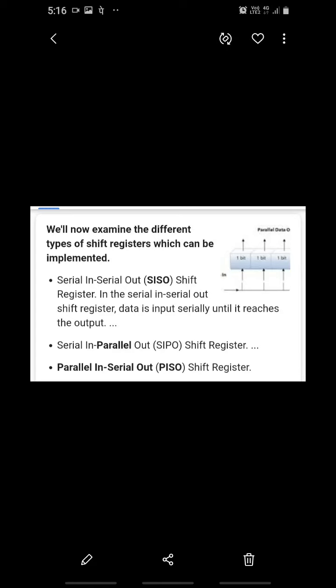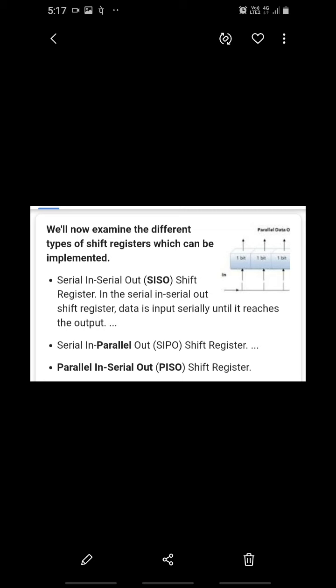Today I am explaining about the types of registers in digital electronics. In registers, data may be moved in and out serially or parallelly depending upon this shift. Registers may be classified as serial in, serial out shift register,